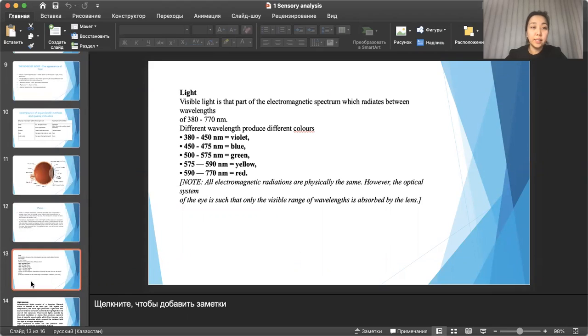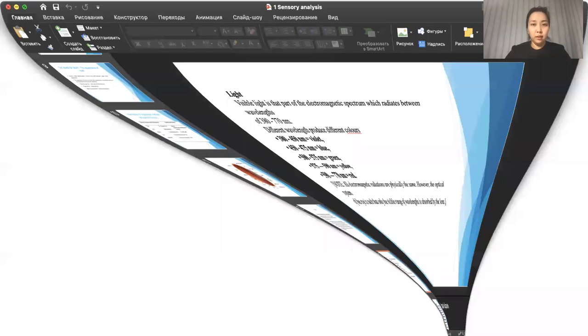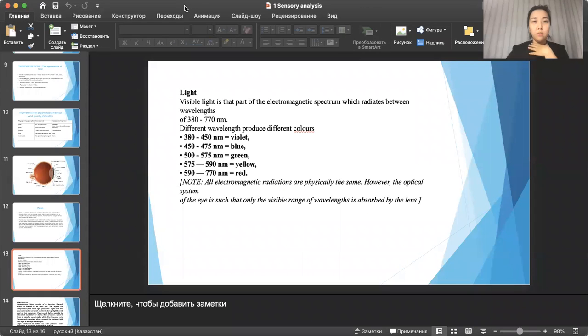Here also you can see the light. The different wavelengths produce different colors. For example, the violet